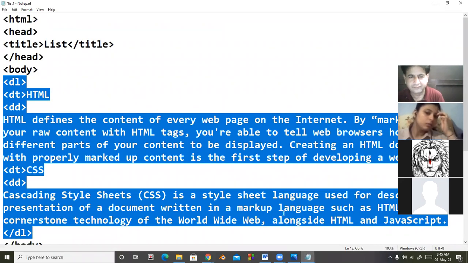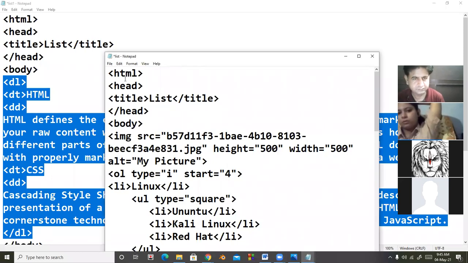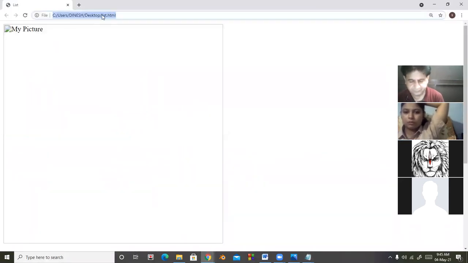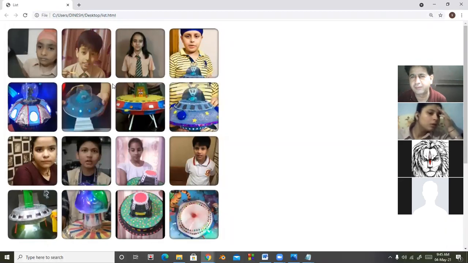And in case the picture is there, if there is no problem, then the picture will be placed.